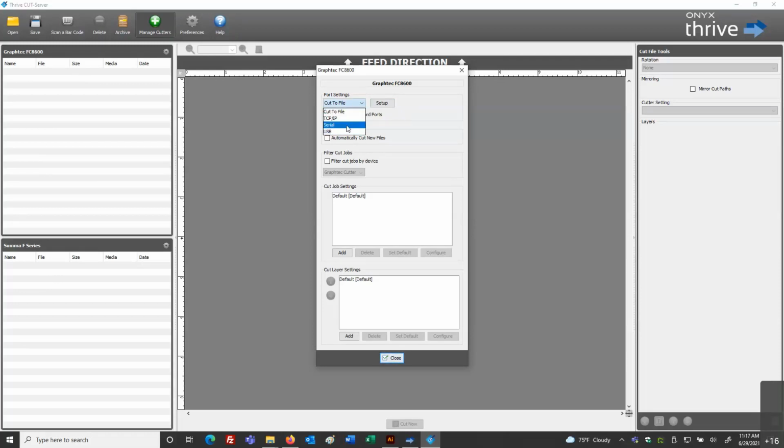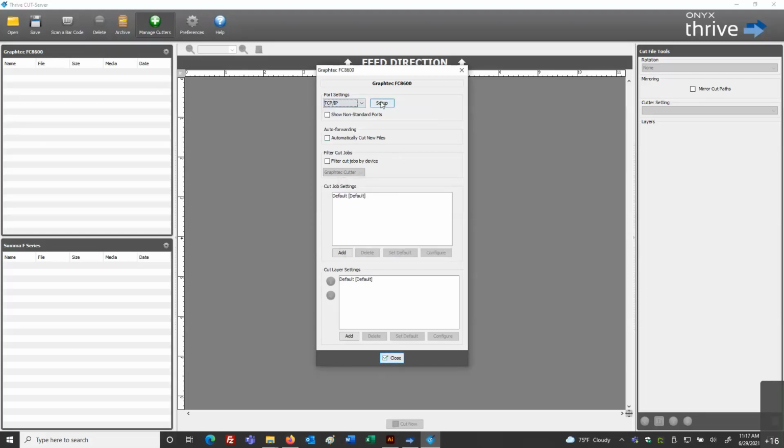For example, if you did have a USB cable, which is common for this model, and you are plugged into the USB for the cutter to this RIP PC, when you click on the setup button, if you were connected and it was communicating, you would see that model of that GraphTech display here, FC8600, and then you would know you're communicating.